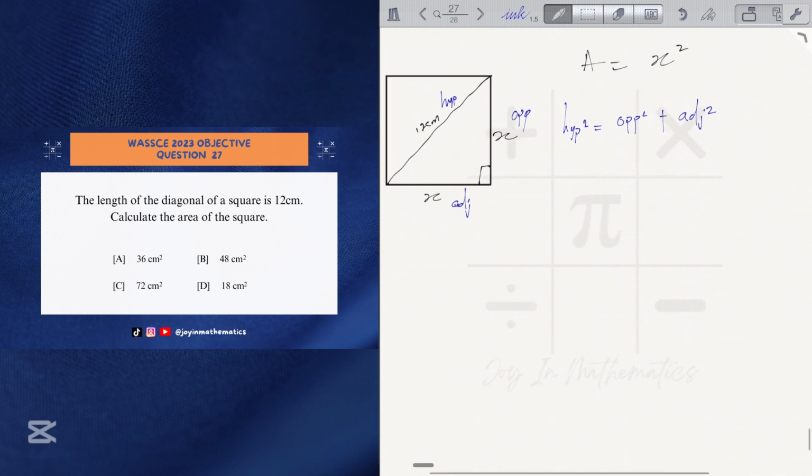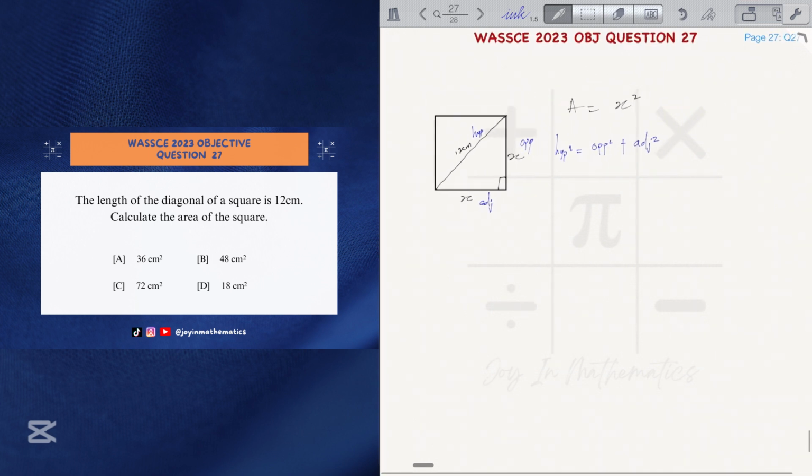Now what are we looking for? We are looking for the area. We are looking for the expression of x squared, because x squared represents the area of the square. So now let's look at how we get the expression of x squared. Do we have to get x squared first, or just simply find x? So now